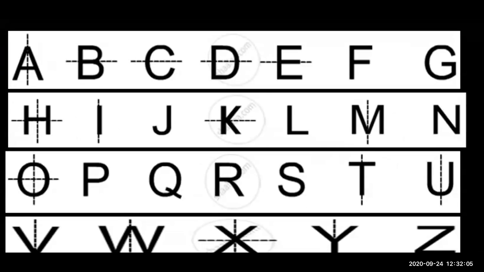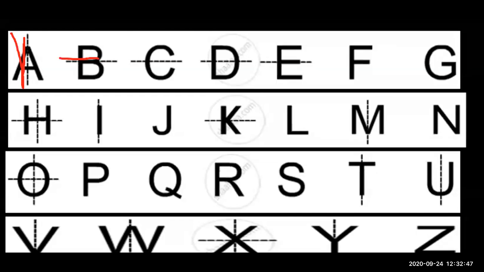Now the first alphabet, that is A, how many axes is it showing? It is showing only one axis. Now alphabet B, how many axes is it showing? It is also showing one axis. See here, alphabet B is also showing one axis. Alphabet C, how many axes is C showing? One axis. If we fold C, we are going to see the same reflection.